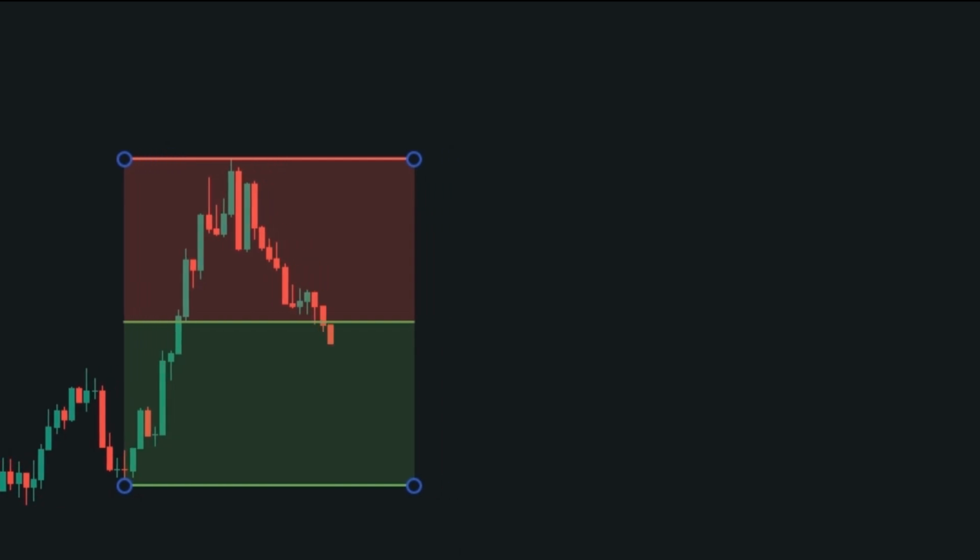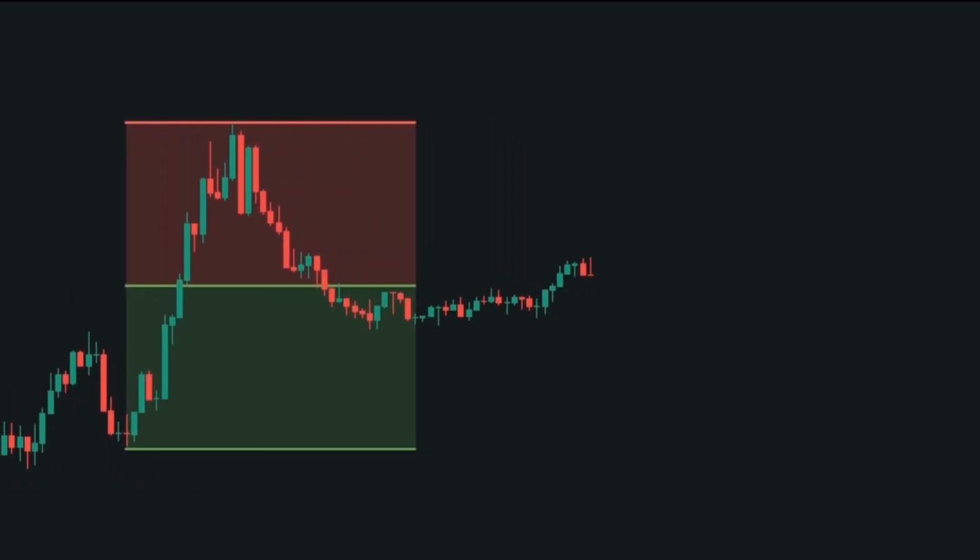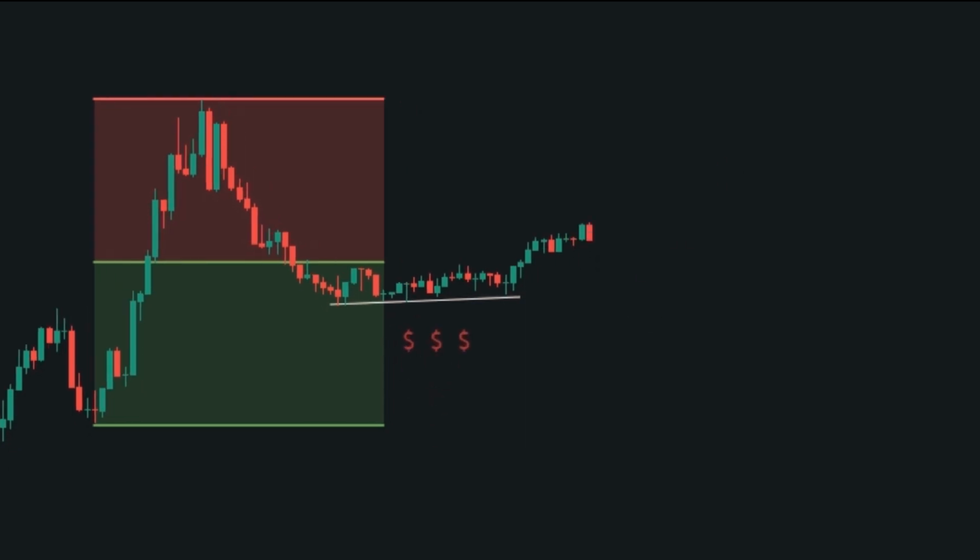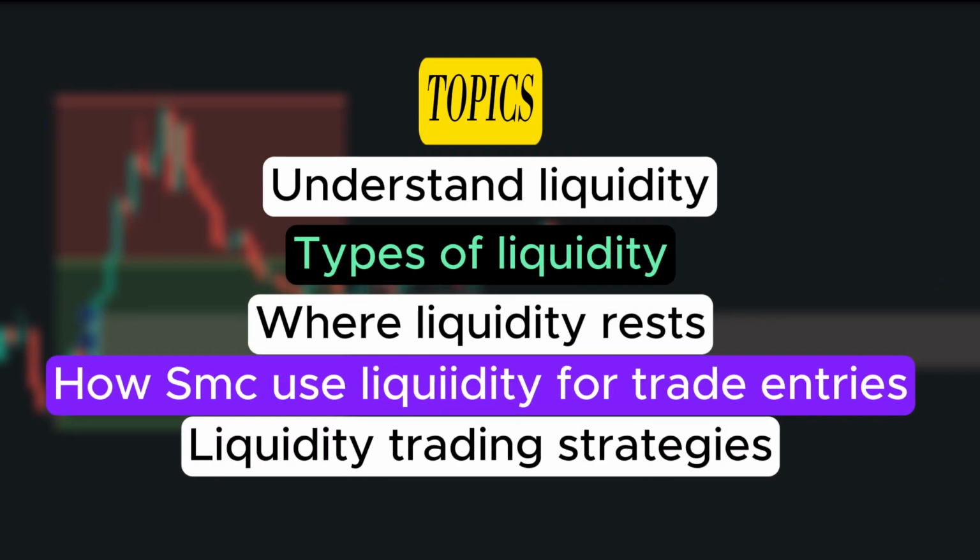Greetings, traders. Today, we're delving into the intricacies of market liquidity, particularly in the Forex and stock markets, and how smart money traders can leverage it to trade like pros. Understanding liquidity in Forex and stock markets is essential for traders to navigate the market effectively, minimize trading costs, and